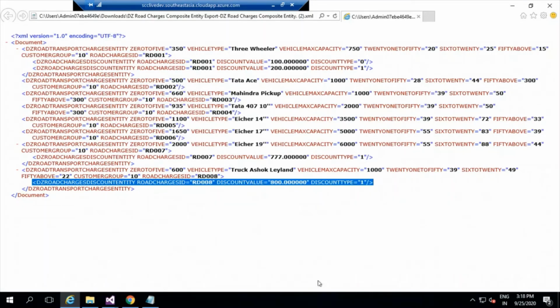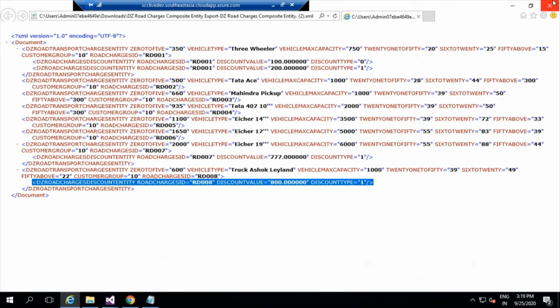Okay, so now this file is ready, and I'm just giving you an example of this file, and now we can go to multiple levels also. And I would suggest you use a proper XML editor so that you will not make any mistake. There are a lot of online editors also available. You can just go for it.